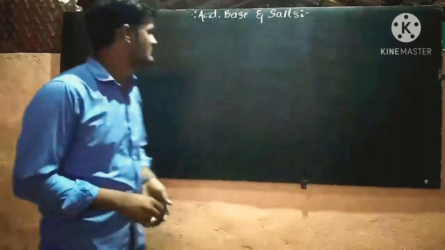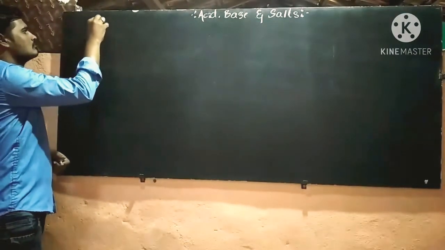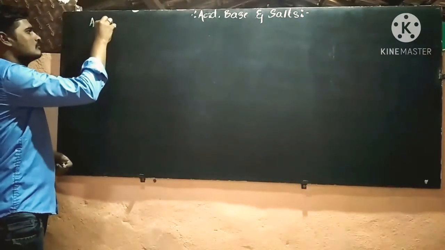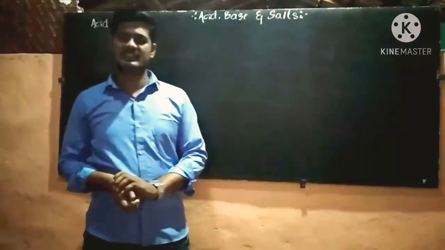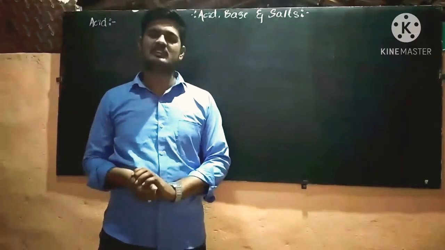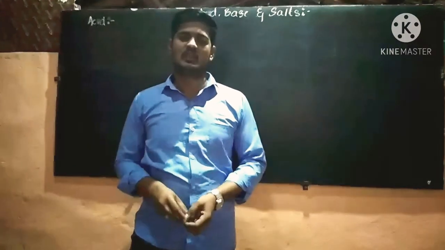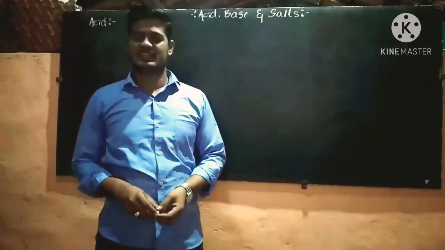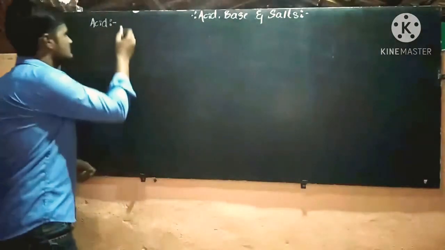Okay, so the definition for acid is the molecule or the species which has a tendency to donate a proton or accept an electron is known as an acid. Okay,